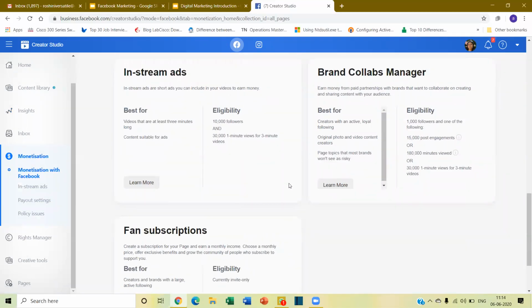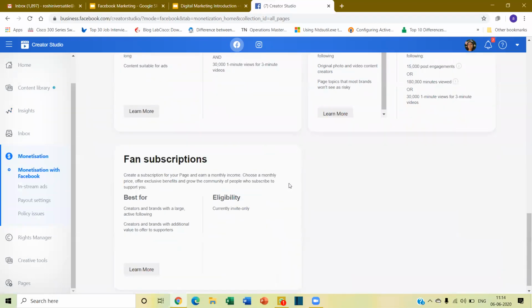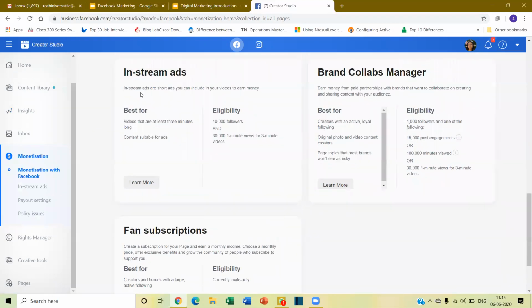As I told you yesterday also, we can even earn from FB pages if you meet certain criteria, just like YouTube. Facebook also has a revenue model where you can advertise other creators or brands, and if you're streaming on your page, there is a particular earning they have fixed. But of course, there is a criteria for it, which means you should have at least 10,000 followers or more post engagements.